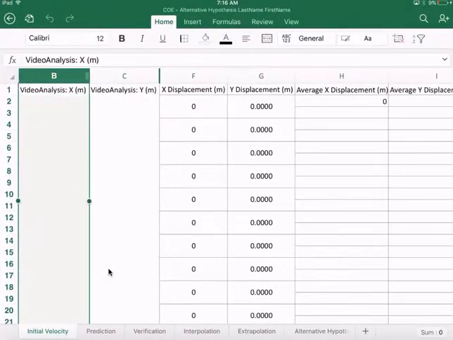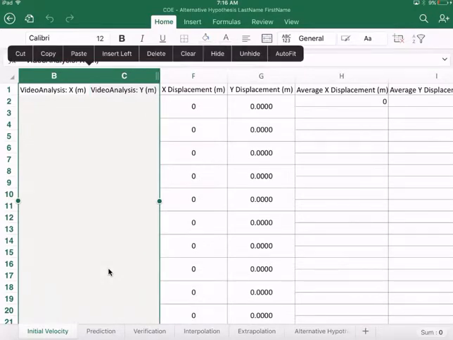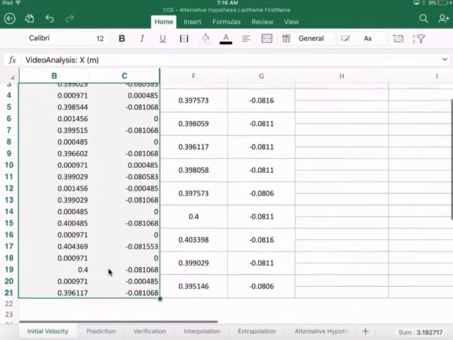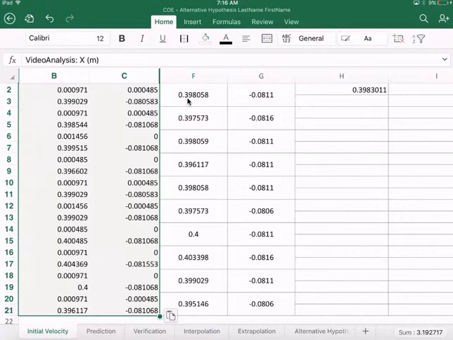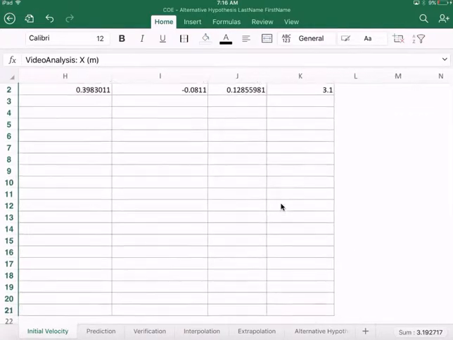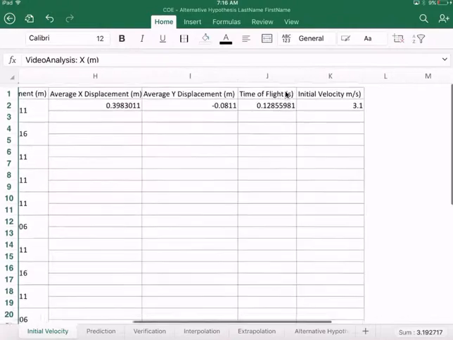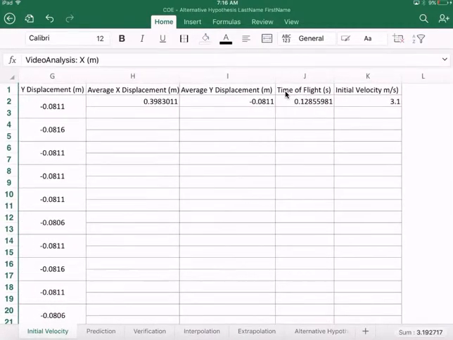And I'm just going to go ahead and paste that into B and C. Now we can check our data. We have about 0.4, 0.4, 0.4, and so on. So that lets us know our data is pretty good. We're getting the same calculation here for the initial velocity. Okay, now we need to go back and get